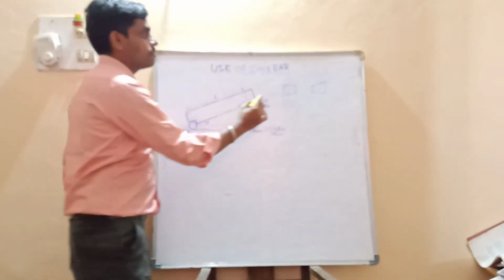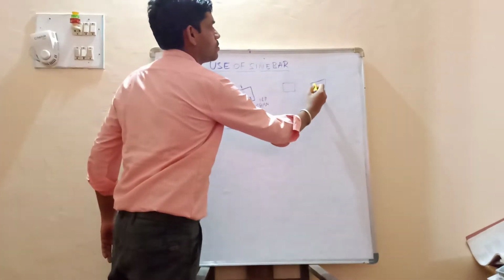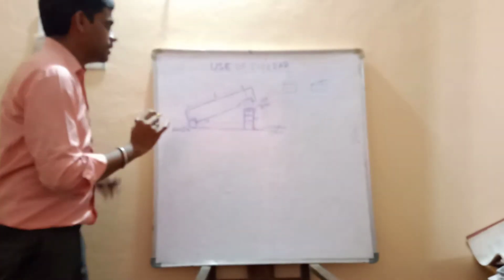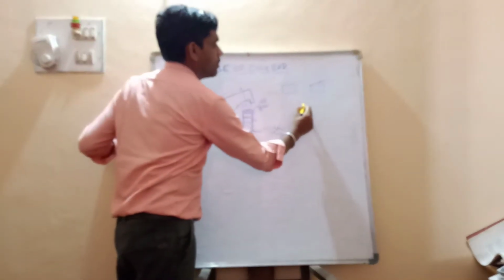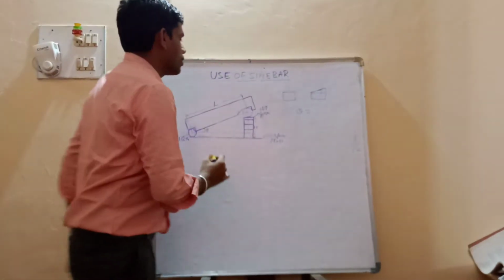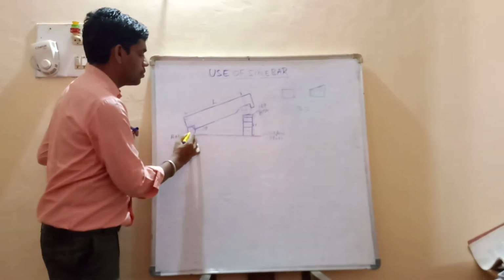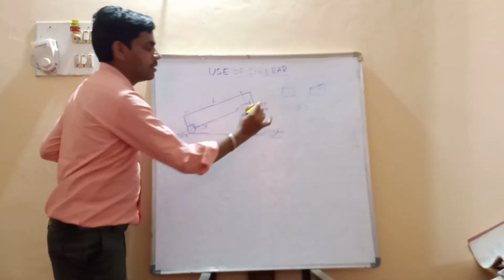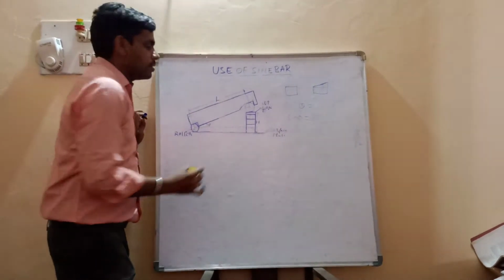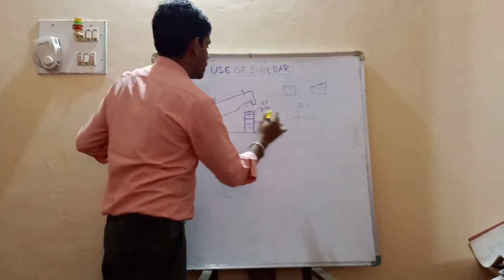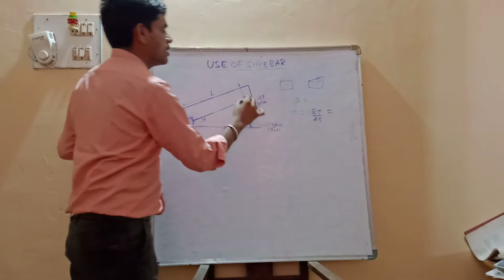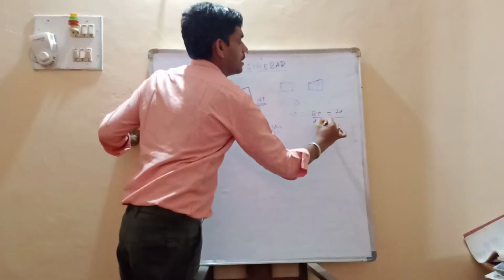Initially, we first have to check the approximate angle of this object with the help of a bevel protractor, so we will get the theta value. Using theta, according to the sine bar concept, as you know, with triangle A, B, C, sine theta is equal to opposite by hypotenuse, that is BC by AB. BC is H, whereas AB is L.